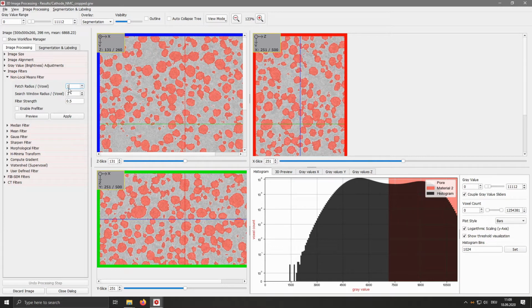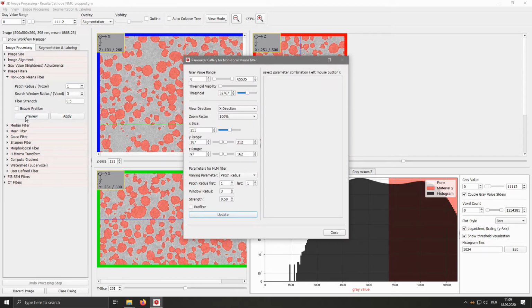To set the parameters for the non-local means filter, we will use the preview. The preview allows us to vary various parameters and see the effect it will have on the scan. If we click the preview button, we get this window. At first there is no preview visible. Now we will change some parameters here. First of all, I want to see a big portion in the Z direction as it will be plotted vertically and we have a lot of space there.